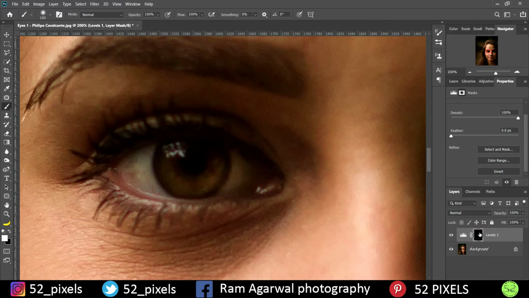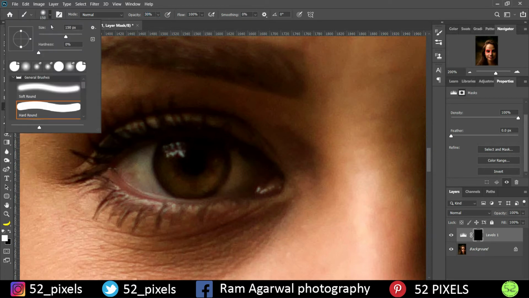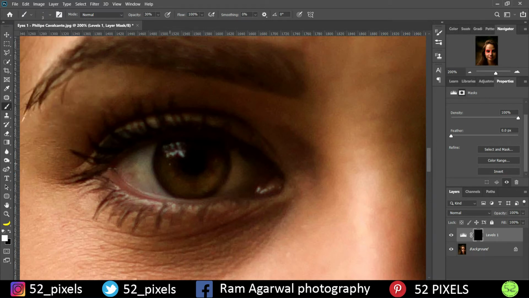Black is not making it visible, white will make it visible, and I just want it to be visible on the eyes. So now I'll lower the opacity to around 30%, or 28 would do as well, but let's work with 30% opacity, and the size would be pretty low, around 3 pixels. That's a really small brush size, as you can see.